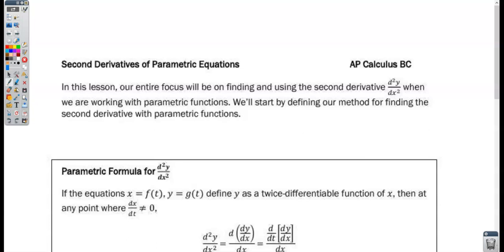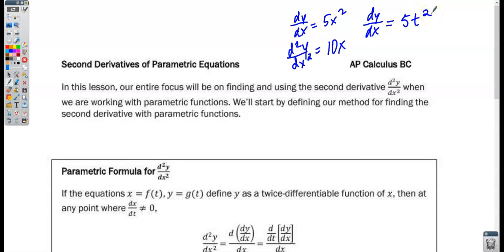Now, think back to when we were taking Cartesian derivatives, and we had a function like dy dx is equal to 5x squared. In order to take the second derivative of that, it was very simple because we just took the derivative with respect to x. Now, a little bit of a difference with what we're going to have going on in this video. When we try to find the second derivative of a first derivative that was from a parametric curve,